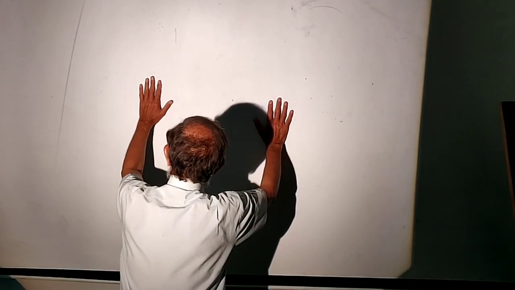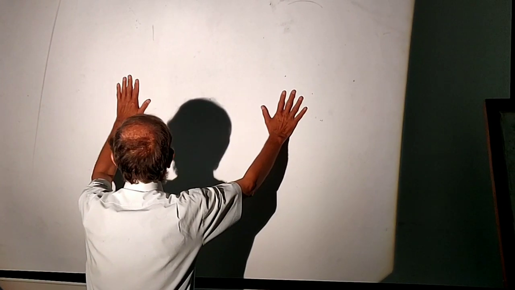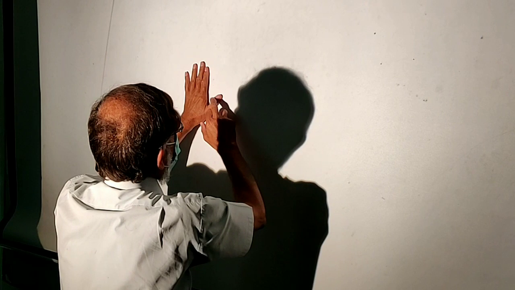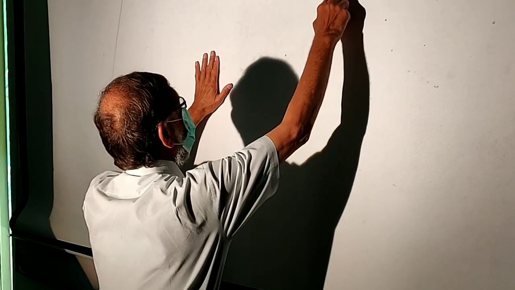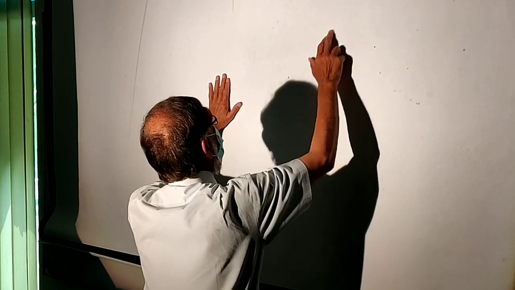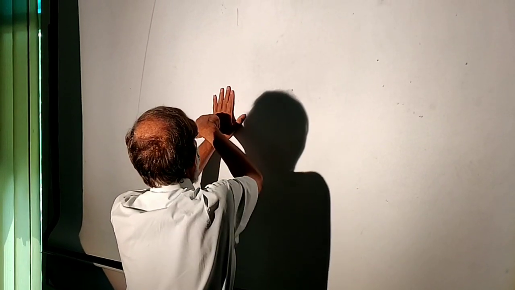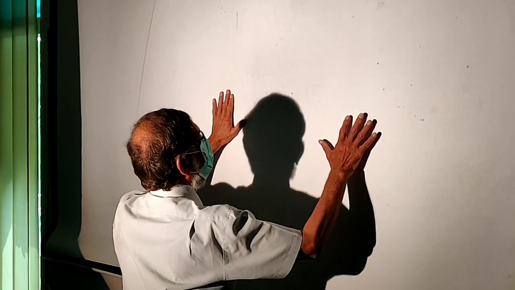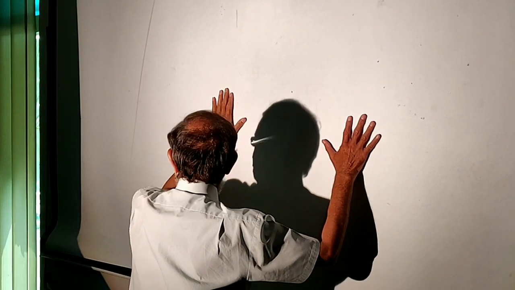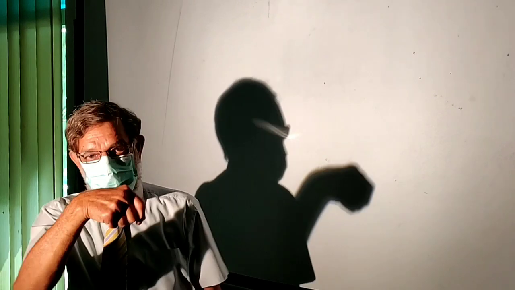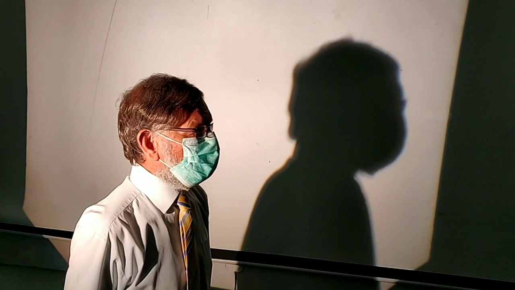If this is one enantiomer and this is another enantiomer, and you pass light through one enantiomer, the light will move towards the right hand side. This is called dextrorotatory. And if the light moves towards the left hand side, this is called a levorotatory compound. Now I will let you know how these are represented, the D and L forms.